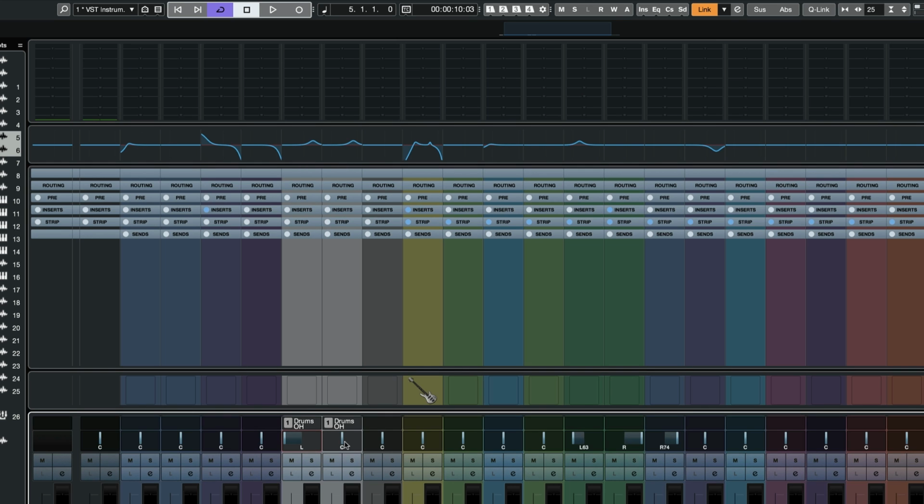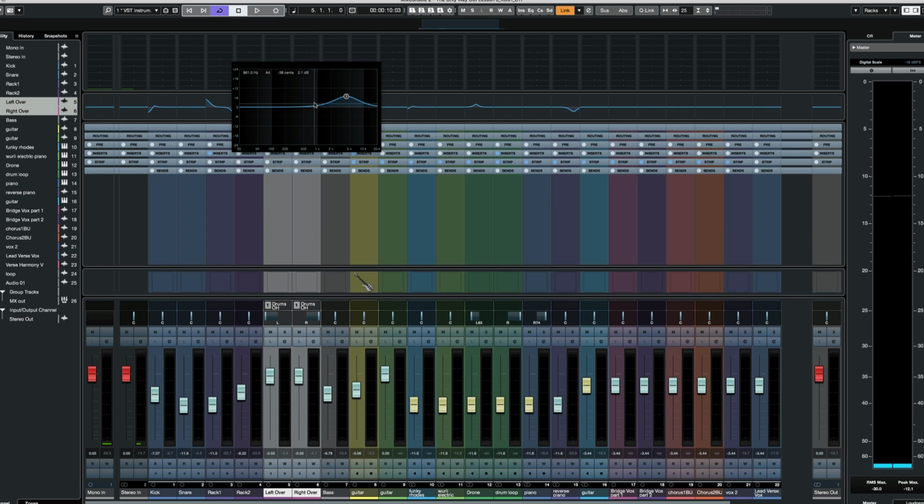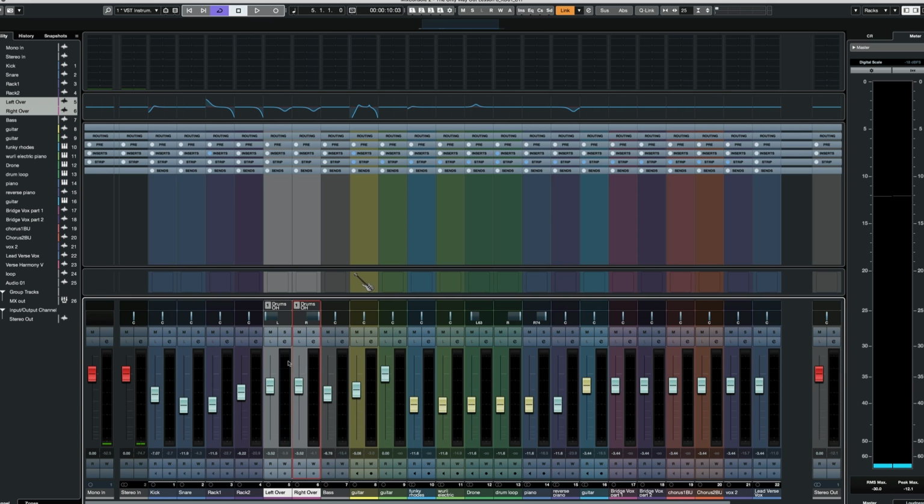Like I said, I'm going to move these left and right, but notice what happens when I move one of the faders. It will move both of them. They are now physically linked. They are working as one, so to speak. If I change one of the EQs on one, you'll notice it's now done it to both. So that's how the link works. It's permanent, it's there, and it's very handy in terms of being able to kind of have tracks or a group of tracks work together depending on the parameters that you select to link.